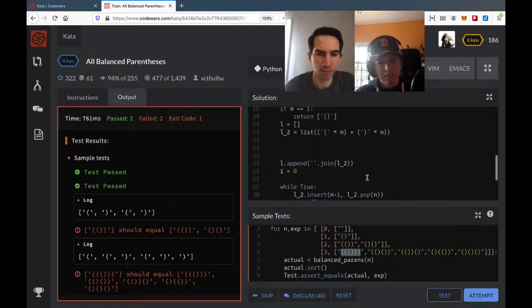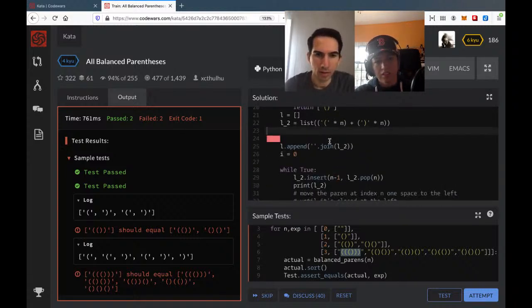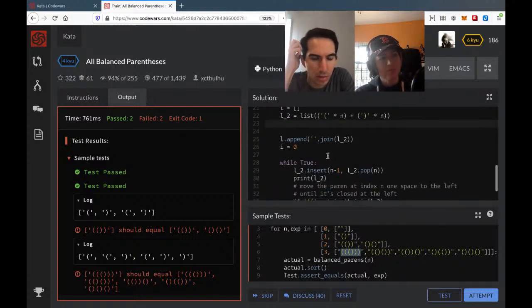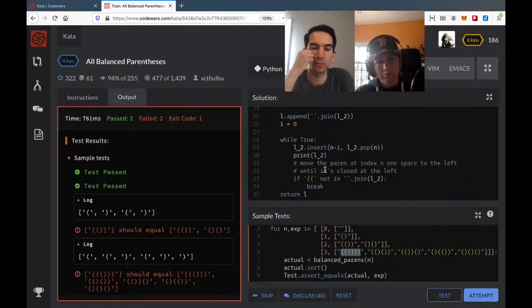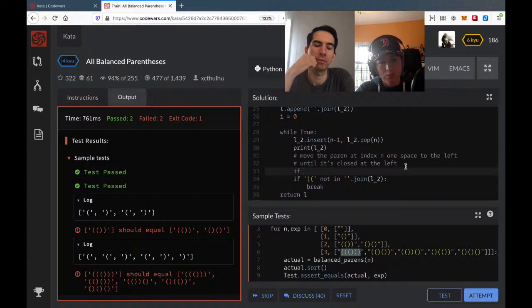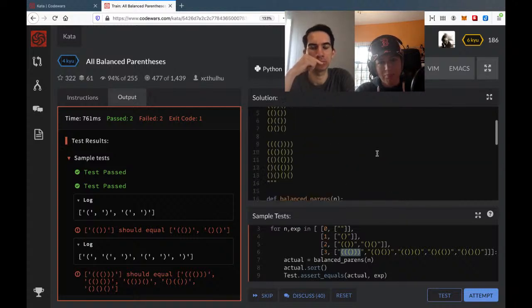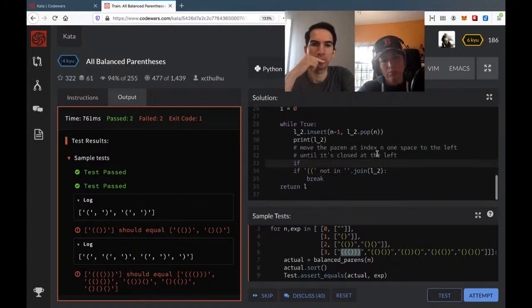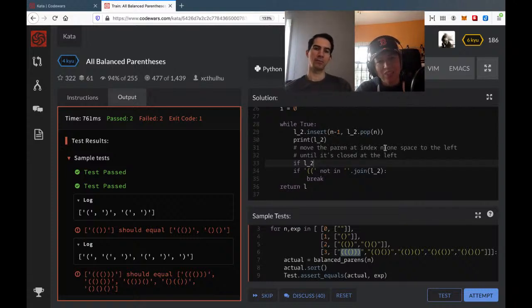Right? Okay, so at what point do you do the reversal? I mean, at what point is it going to be a mirror? So maybe, well, we just have to check at some point if, what is it? L2? These variables are just so confusing. Okay, if L2 does not equal L2 dot reverse,